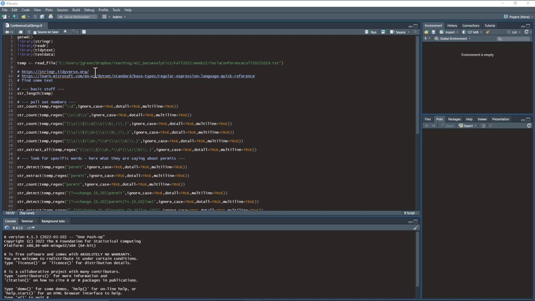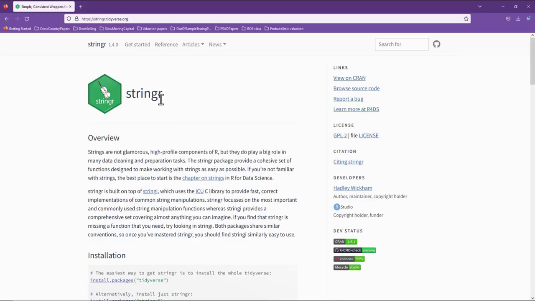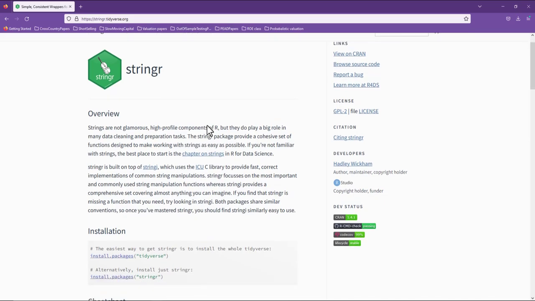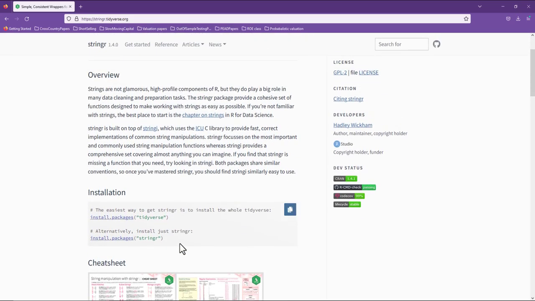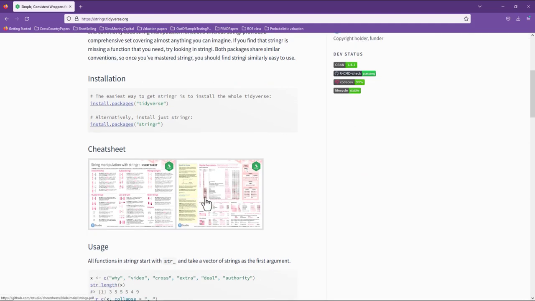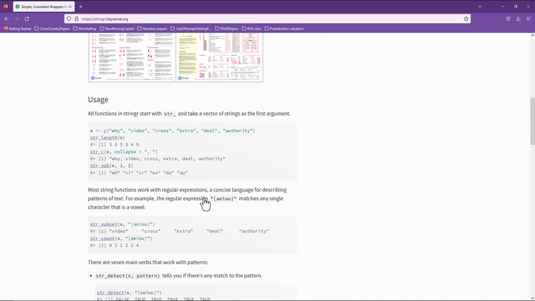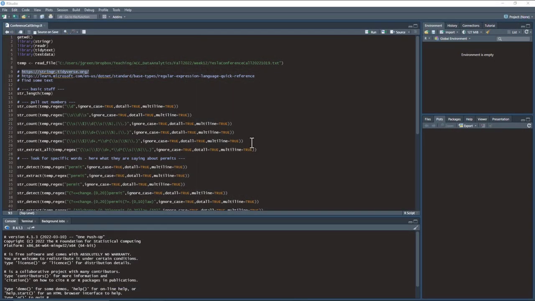First, I have some sites here that you can look at. So this first one gives you the package that we're primarily going to work with. And this is the Stringr package, and it has a bunch of explanations for you. There's this great cheat sheet. Of course, understanding what it does takes a little bit to learn. But all of this is this package, and the things we will do during this class are based on things